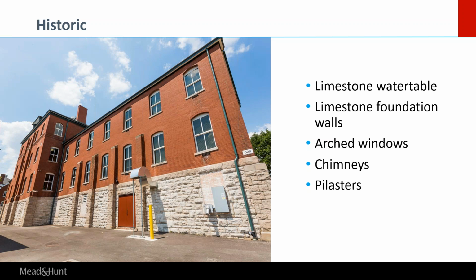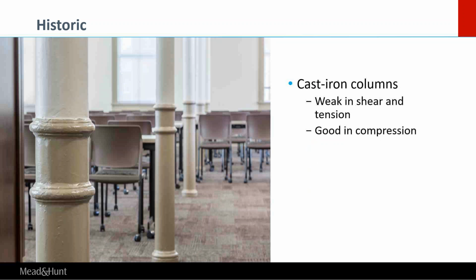Now moving to the inside of the building, we see these cast iron columns. And them being on the inside, we thought, well, maybe the State Historic Preservation Office would accept their removal and replacement. However, these have character, these rivulets around at the chair level, and then certainly more detail at the base. You'll see later how there's a large bell feature at the top that is ornate, and that was identified as a must keep. In general, the focus on historic preservation for this building was the exterior and maintaining the aesthetic for the historic district. However, on the interior, there are a few select items, such as these cast iron columns, that were identified for